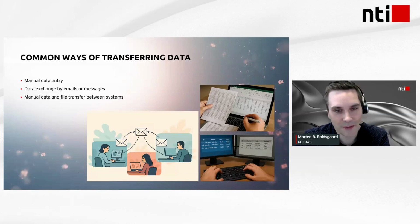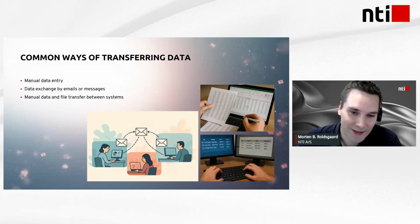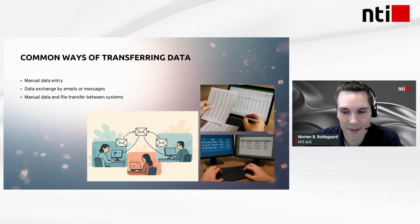So what we see at our customers, almost at all our customers, is the different ways of transferring data. And I believe that some of you will recognize these methods, where maybe we have a piece of paper, we need to put that into an Excel sheet, in some way digitalize it. We exchange data by emails, maybe even Teams messages, and also files sent back and forth through emails, and maybe